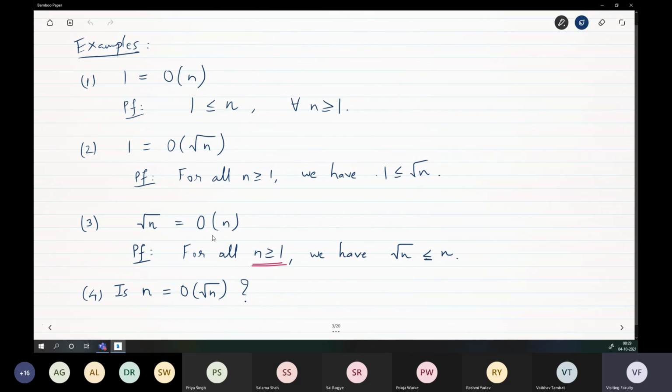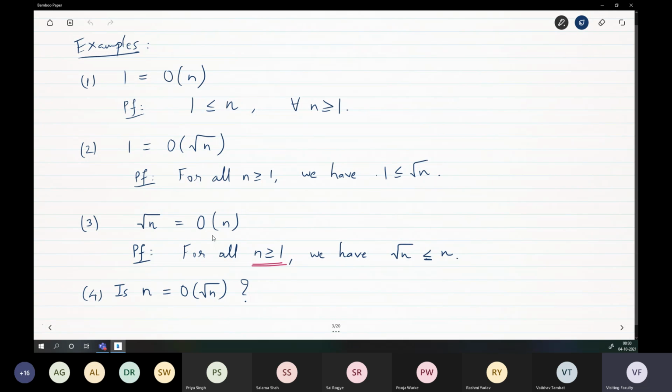Why am I saying intuitive idea? Because eventually later on you may not have to prove every such statement. It should become automatic to you. Intuitively, by looking at it, you should be able to say where is big O, where is big omega, where is little o. You may not have to prove every single detail all the time. That will take too much time. This is just the beginning, first chapter, first lesson. That is why we are doing all the proof details. But later on we have many other things to do. Then, chutki mein, you should be able to say which function is bounded above by which one, which function is bounded below by which one. That's why the intuitive idea should get into your head. So square root n is big O of n.